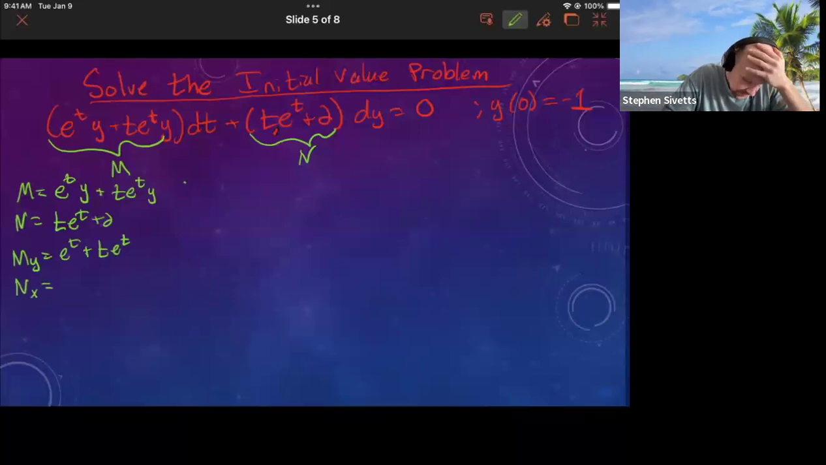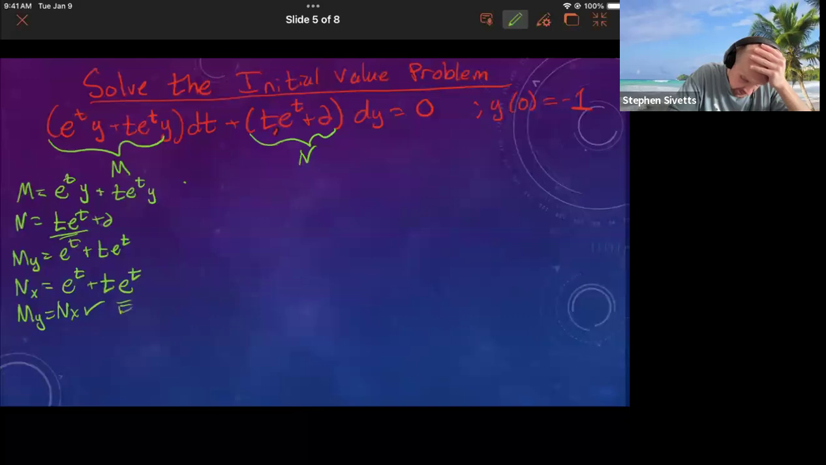Partial of n with respect to x, we're going to have to use the product rule here. So we'll have e to the t times the derivative of t, which is 1, plus t times the derivative of e to the t, which is e to the t, and then plus 0. And it turns out they are the same, right? So this differential equation is exact, okay? So we have that